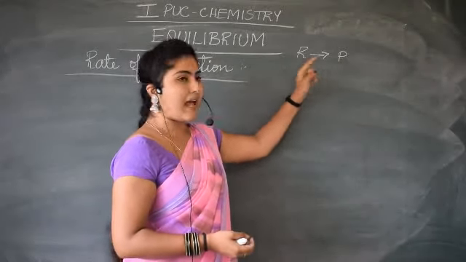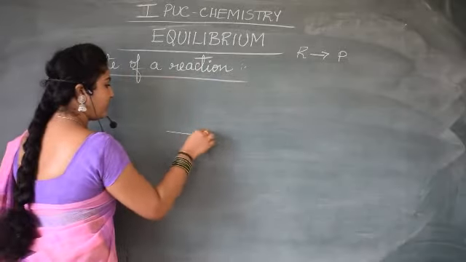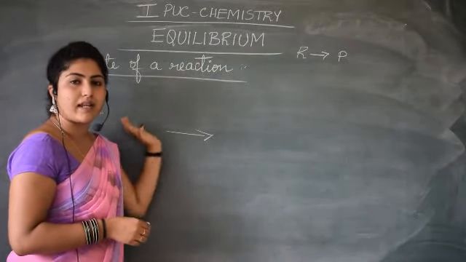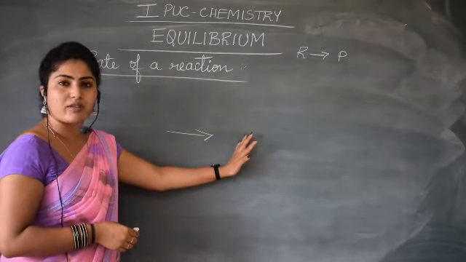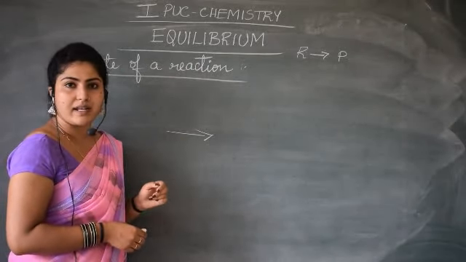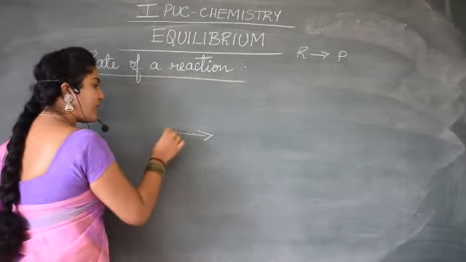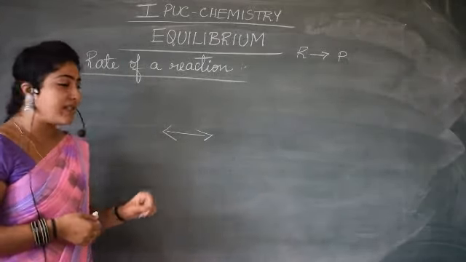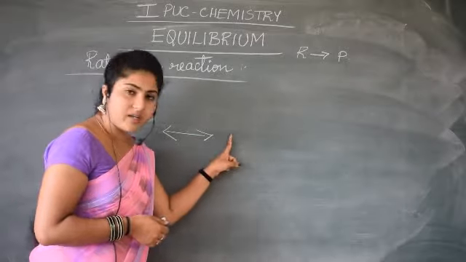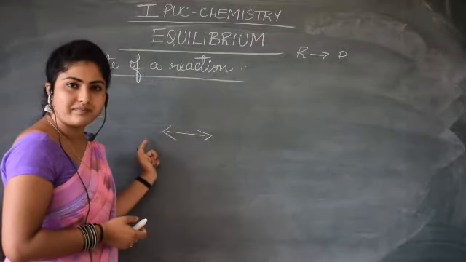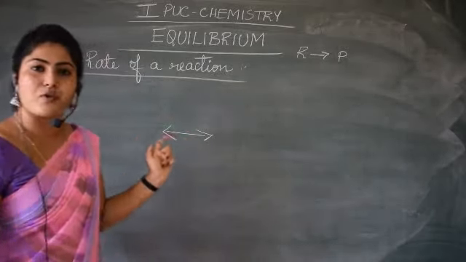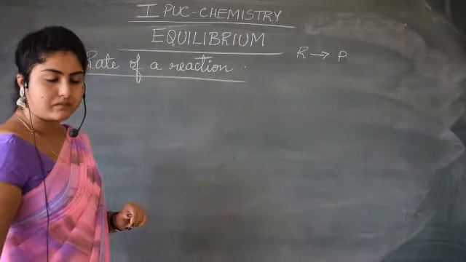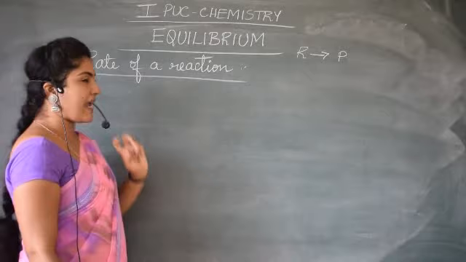The arrow head indicates that there is formation of product on that side. I have shown an arrow mark this way, that means the reactant is forming the product on the right hand side. If the arrow mark is on both sides, what does it indicate? It indicates that reactant can form product and product can in turn form reactants. Such processes are called reversible reactions. I'll come to this again. Now let us speak about rate of reaction.